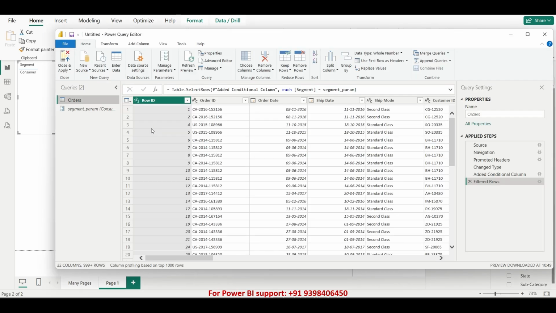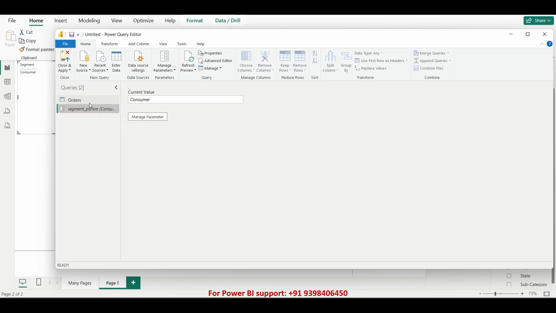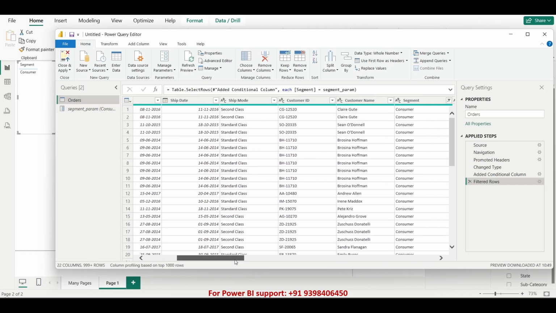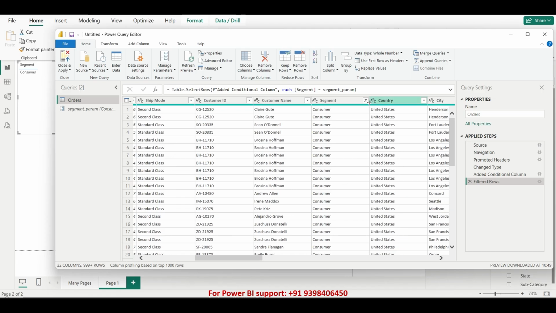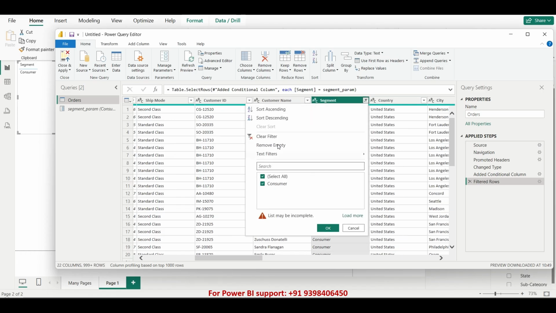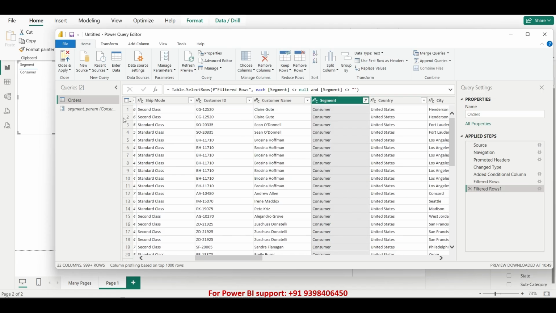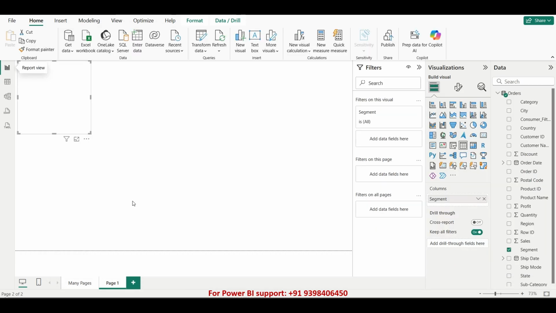Currently we have only consumer. I want to filter the data based on two values. How can I do that? Just go to the segment filter. First we have to remove this filter. Let me remove the filter first, and you can see your segment with